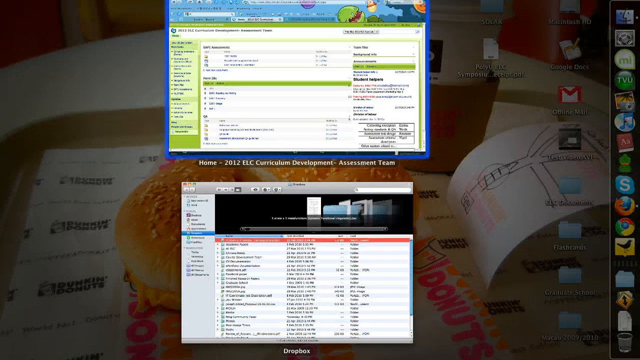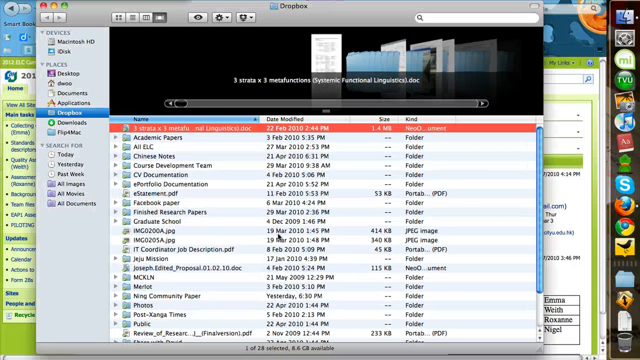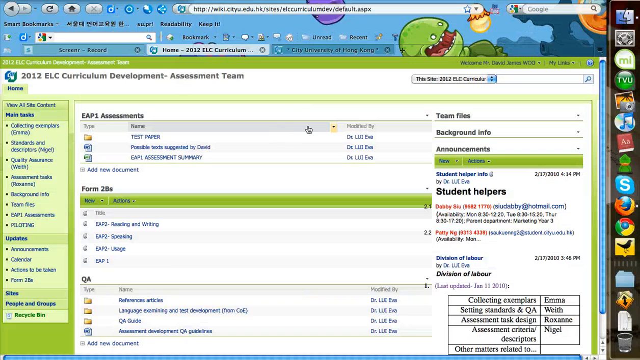again, comparing this wiki interface with the Dropbox interface, I think it's easy to see why many colleagues have adopted the Dropbox, simply because the interface is familiar. We're all familiar with folders. We know how to deal with folders. Whereas with this interface,